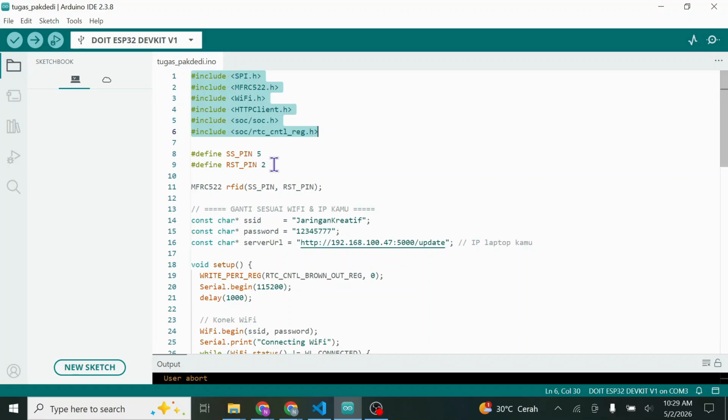Next, we define the pins. Pin 5 is for the SS or SDA pin, and pin 2 is for the reset pin of the RFID reader. Then we create an RFID object using these pins.